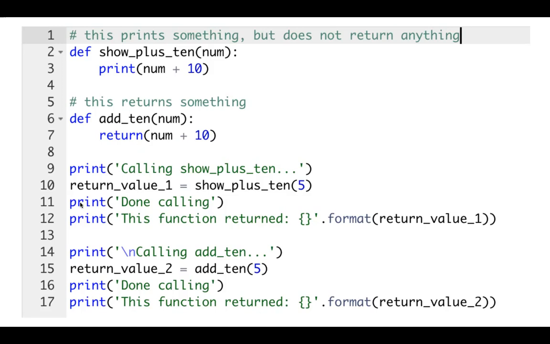Then we go to another line, 11, and we print "done calling." So this was the call function. Then we go here, we print the statement. This function returned, and what will be returned? Return value 1. When we printed something, this is saved into our variable also. So that's why in the format we put the parameter, the variable return value 1, and we print this